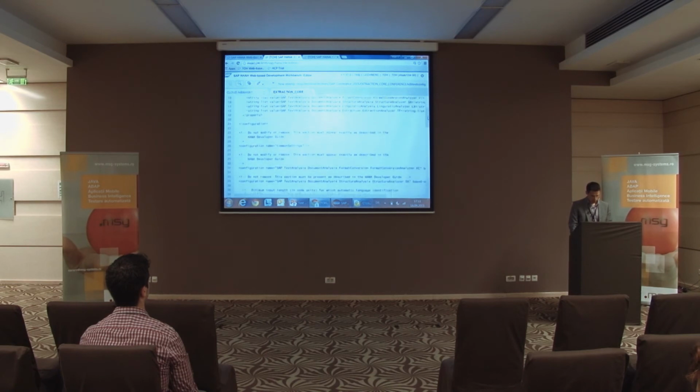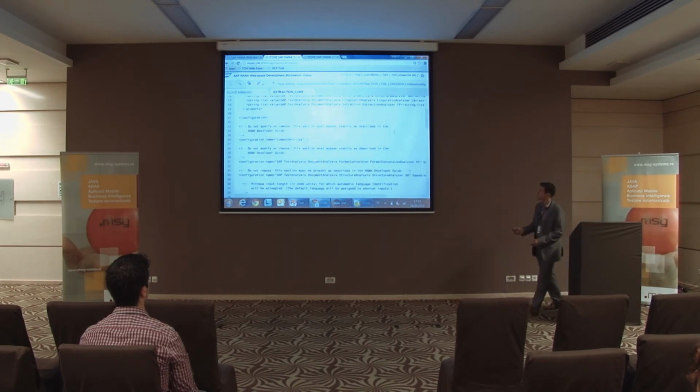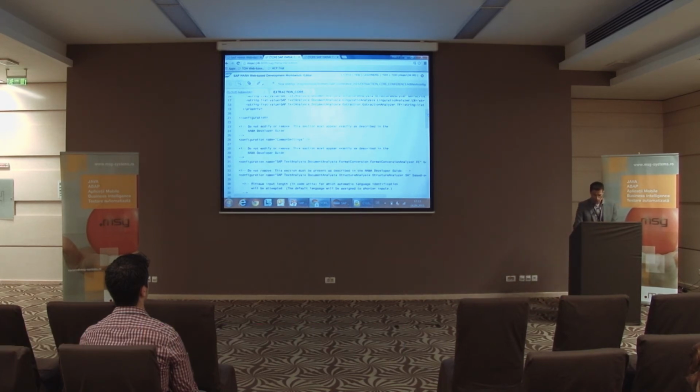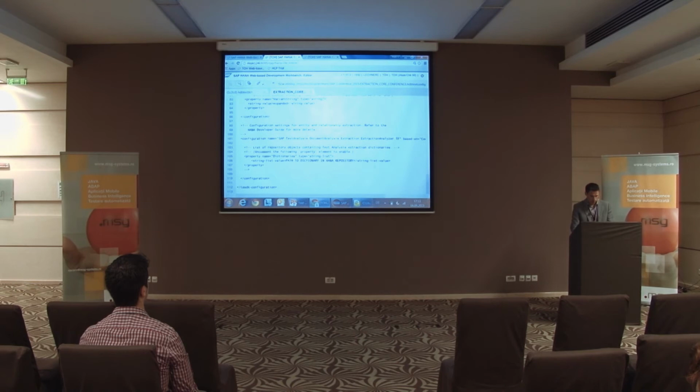And there are also some comments that are making you aware that you should have that within your configuration file. But there's also one section which is intended for enhancement, and that's the section here down below. So you can extend the extraction analyzer, so the extraction process, with your custom dictionary.